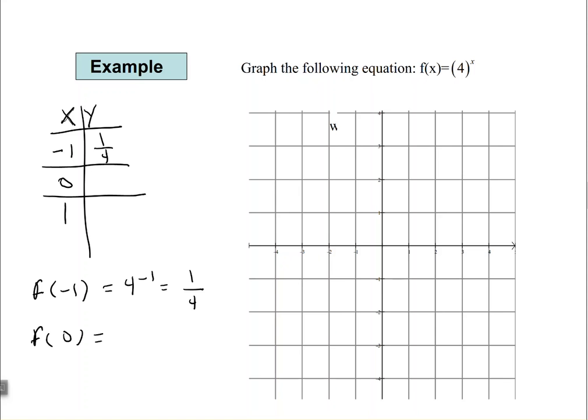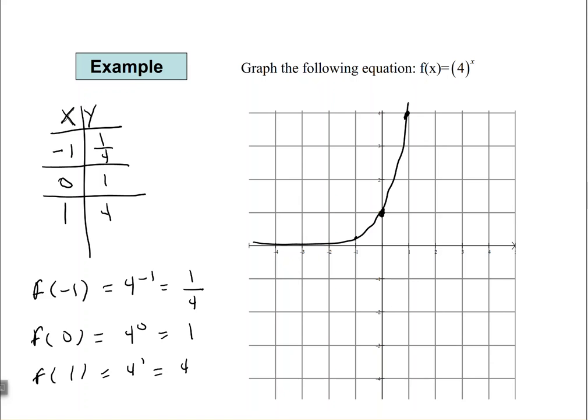Or if I have f of 0, anything raised to the power of 0 is equal to 1. And f of 1, anything raised to the first power is itself. All right, so let's graph these, and you'll see it's just the opposite of what we just had. So -1 and 1/4, 0 and 1, and 1 and 4. So this time, this thing increases